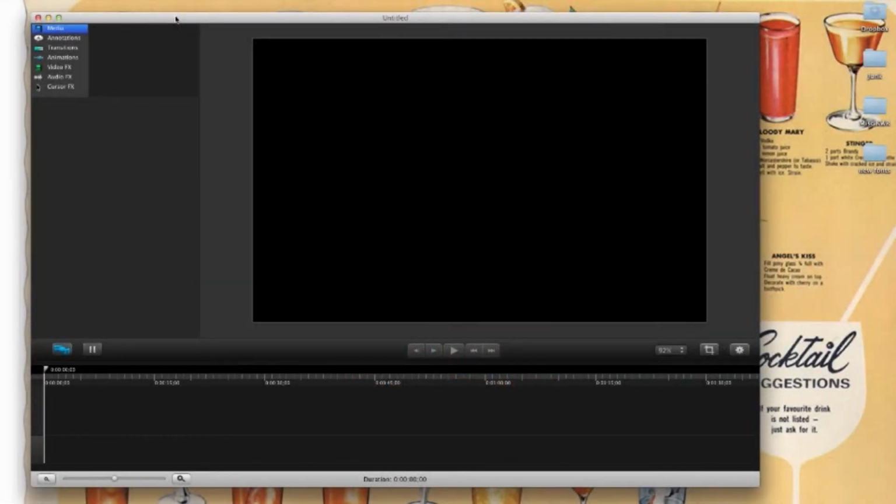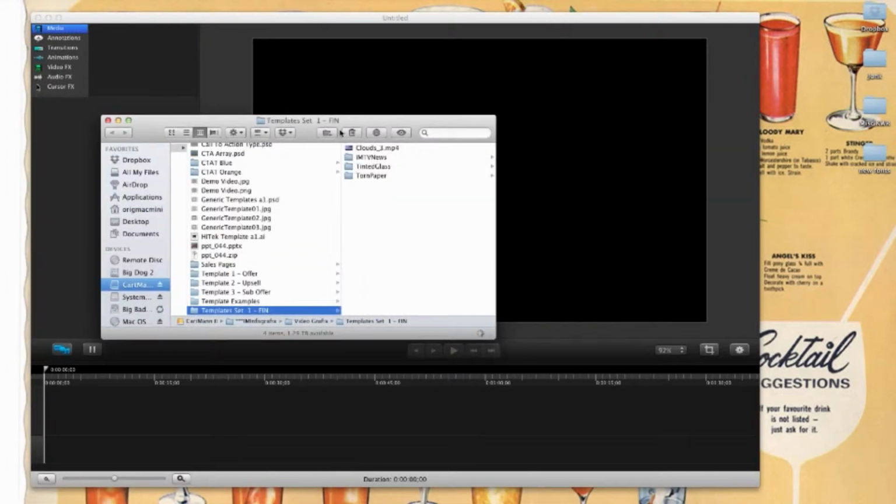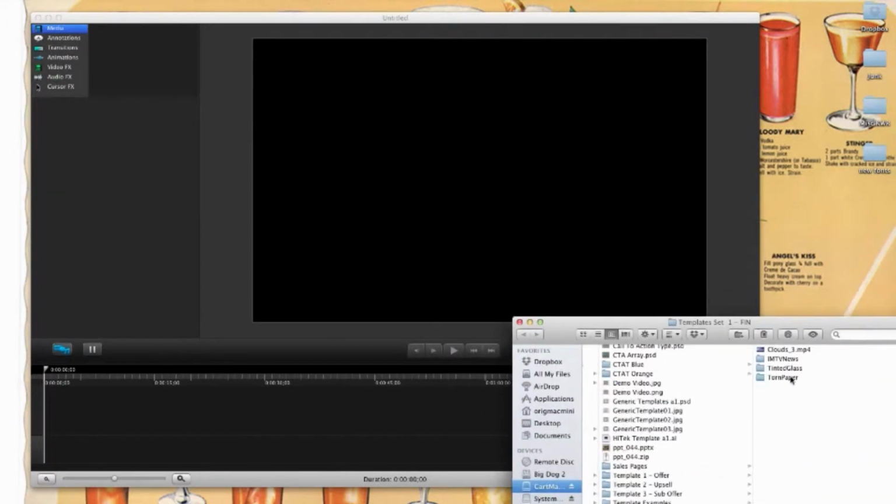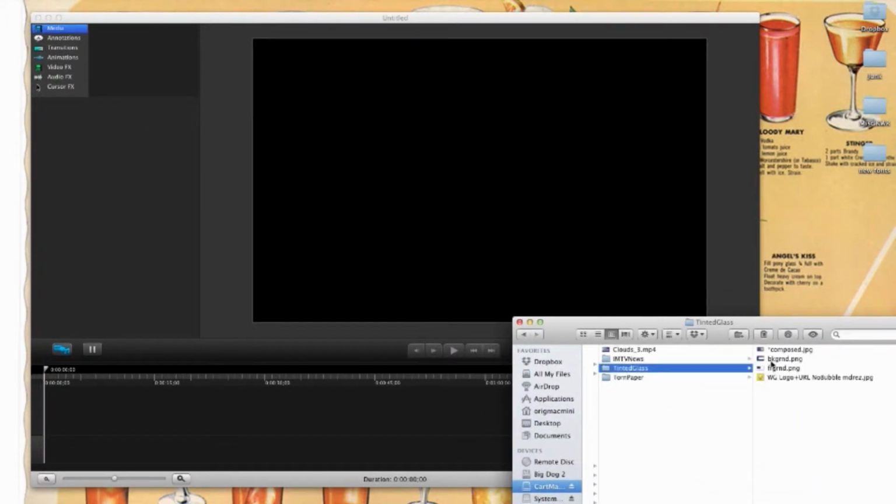Okay, here we are in Camtasia. This is going to be the first demo video for how to use these templates. We'll start with a simple one, and then we'll move on to a more complex one. Let me first get my file open here. We're going to start with the tinted glass template, which